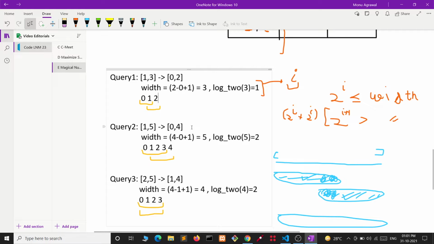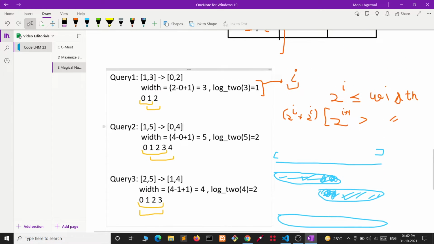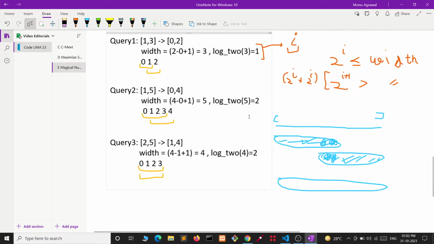And let's see this query 2. Similarly here we will first change this to 0 base. After that we can see that log 2 of 5 is 2. I am taking the floor value of log 2 of 5, which is 2. Again we can break it into two segments.